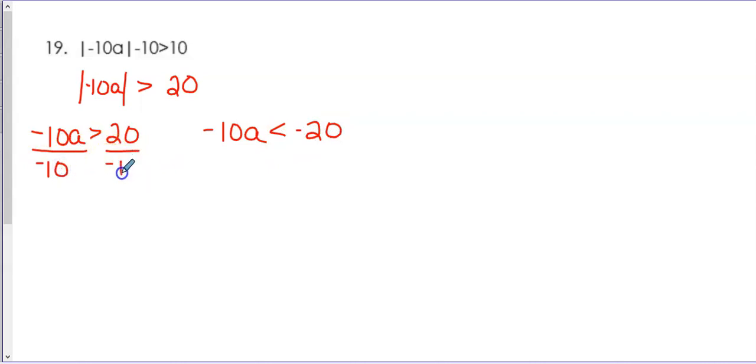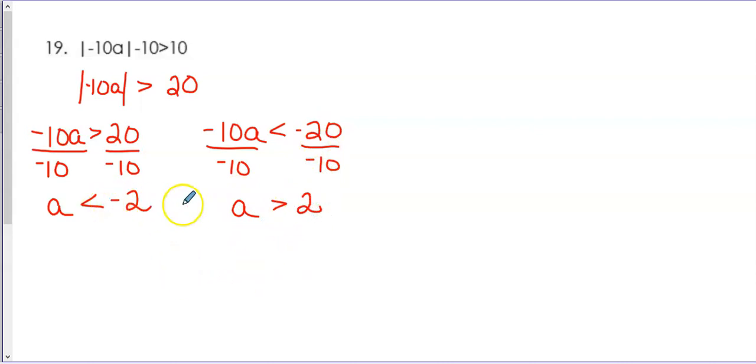Now, when I divide by -10, don't forget you have to switch this. And then that's going to be a -2. Same thing. Switch that to greater than. A is greater than 2. Okay, and so that would be an or statement if you thought about it on the number line, less than